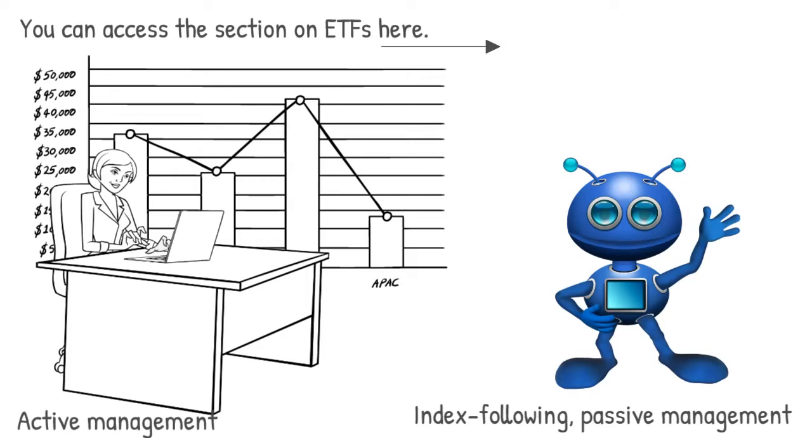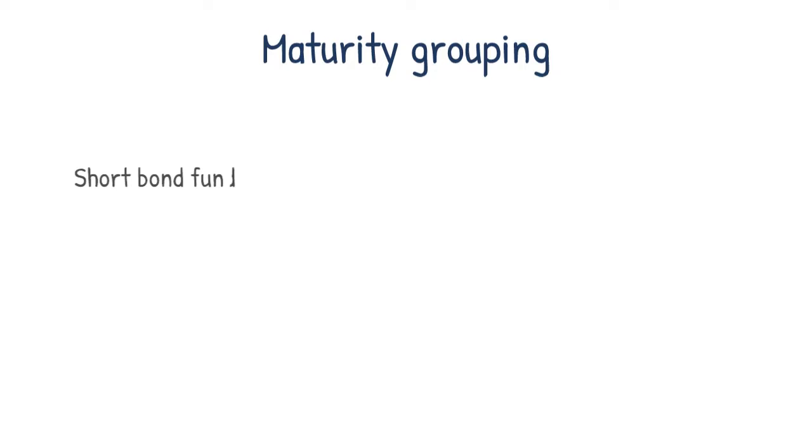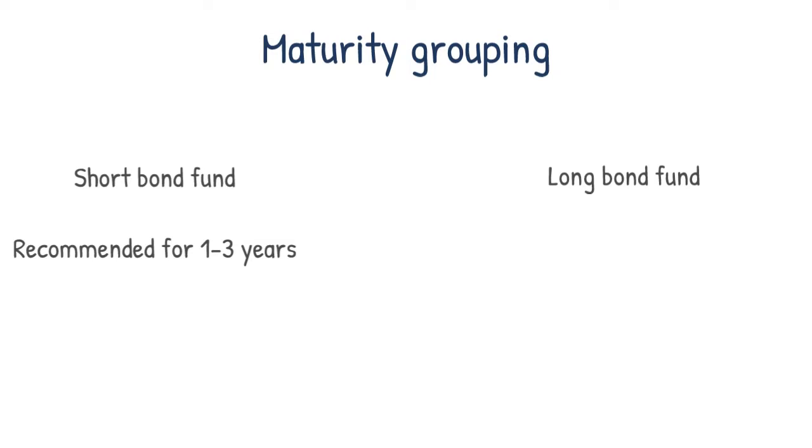Accordingly, most bond funds are actively managed. It is then up to the portfolio manager to decide which part of the assets should be made up of bonds, and specifically which bonds should make up this part. We can talk about short bond funds and long bond funds according to maturity. A short bond fund contains assets with a short maturity of 1 to 3 years. They have a lower risk level compared to a long bond fund, so they can be a good solution for people who are looking specifically for a solution for their short-term financial goals.